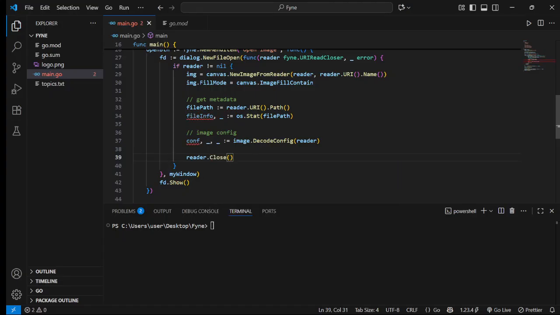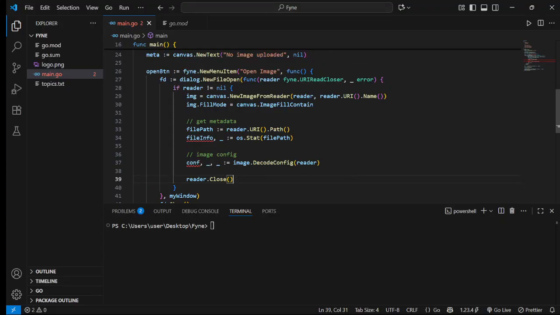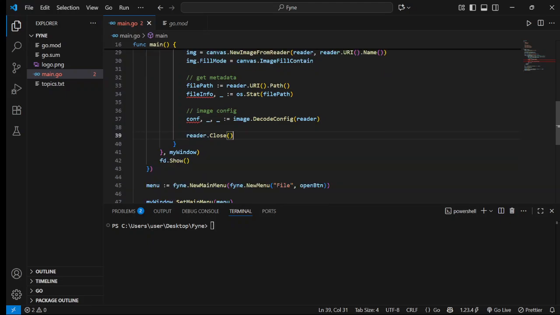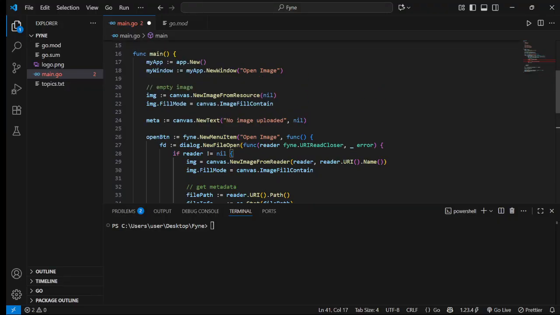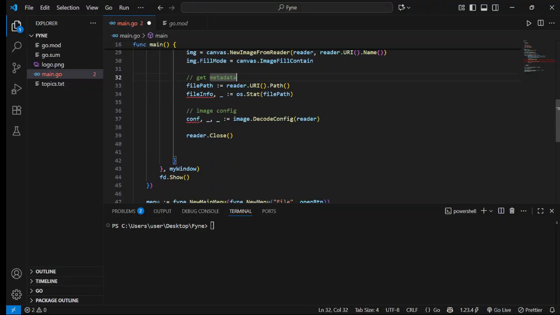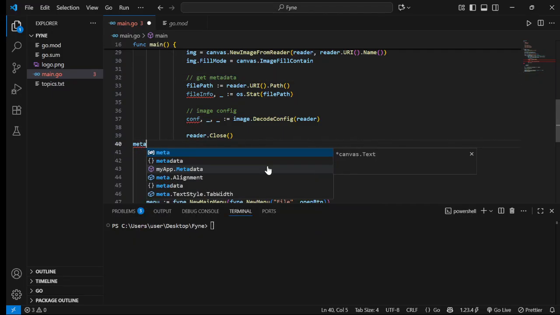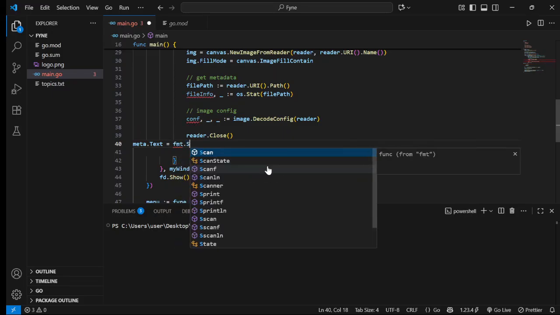Close the reader. After that, remember here we're handling the image upload and then image decoding, and then we get the metadata. So now we have already dealt with the image. We have filled the image with the uploaded image. Okay, then now we have to get the metadata. So we're just going to say meta.text, and then we're going to equate it to, now we come to string